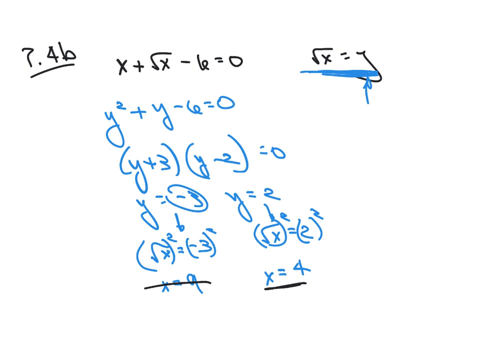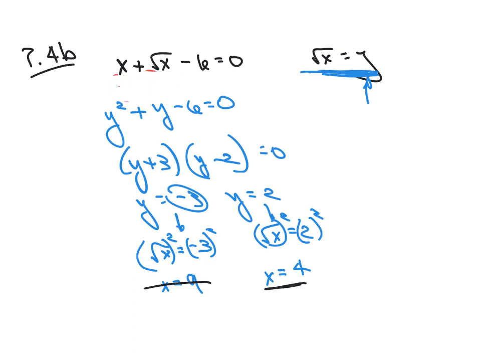Okay, so let's say that we put 9 in here for x. 9 plus the square root of 9 minus 6 equals 0. So 9 plus 3 is 12, minus 6 is 6. So the answer on this side is 6, and that does not equal 0. So that's why the 9 doesn't work. But if we tried 4,